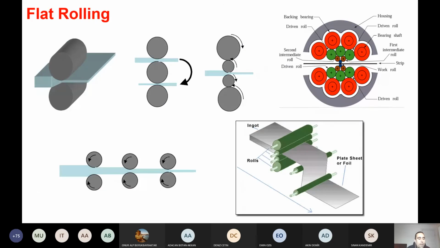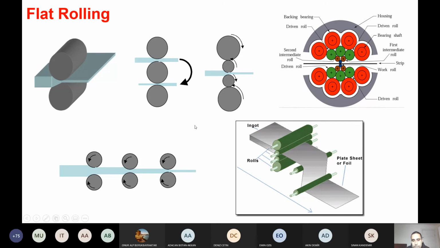And if you look at the examples of sheet metal forming, we can start with a very basic process, flat rolling. Here we can have 2 rollers, 3 rollers, or tandem rollers where several supporting rollers are used to reduce deformation of the rollers during rolling to get a high accuracy strip out of the rolling line. So this is a typical